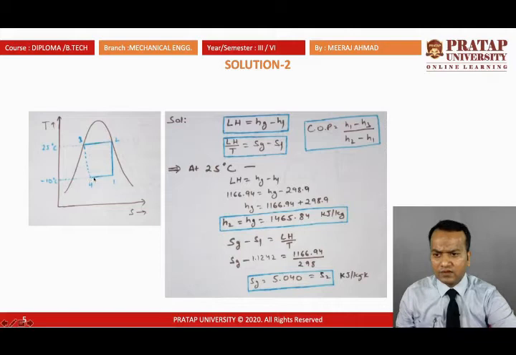Then at point 4, the refrigerant, a mixture of vapor and liquid, enters the evaporator, where the heat is extracted from the storage space, and it comes to state 2. We know that